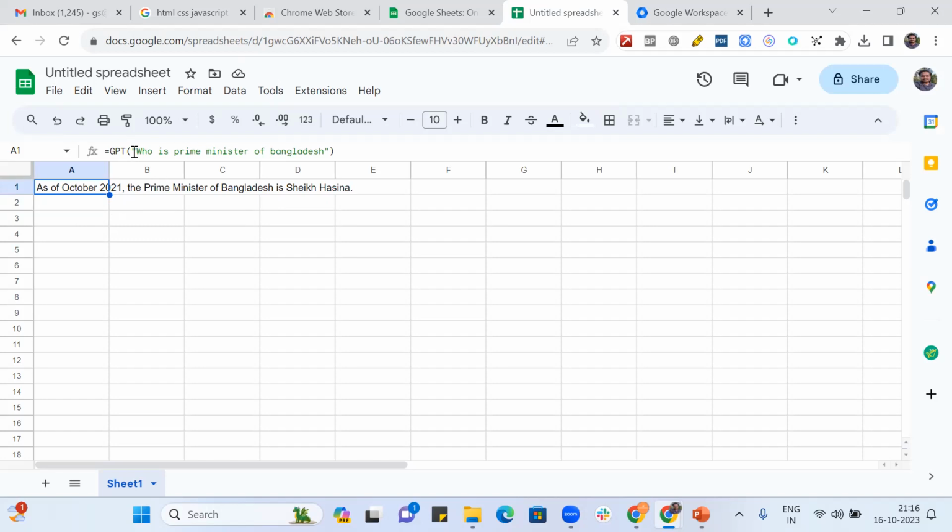So that's basically a normal prompt: equal to GPT, open the bracket and ask any question like you ask in ChatGPT. Similarly, you ask a question over here, but the prompt is a little different, where you need to give it in a formula way, equal to GPT, and then